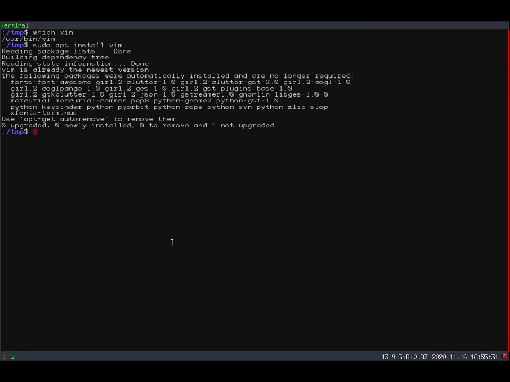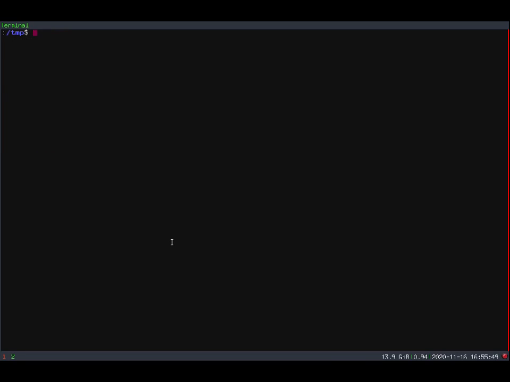Alright? So once the installation is completed, you type which again, the same command, and the name of the package you just installed, which is Vim, and you should have something like this. Okay. Now I'm going to clear the screen, of course. I'm assuming that you are using a Debian-based distribution of Linux. Otherwise, you need to read the documentation of your distribution in order to know which package manager your system uses